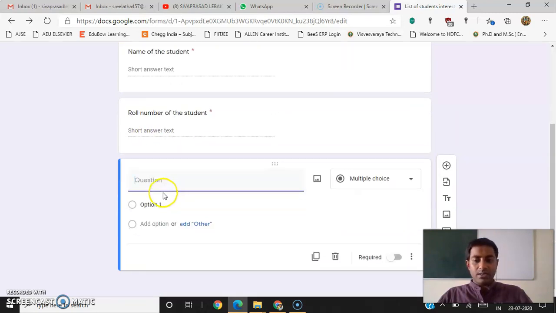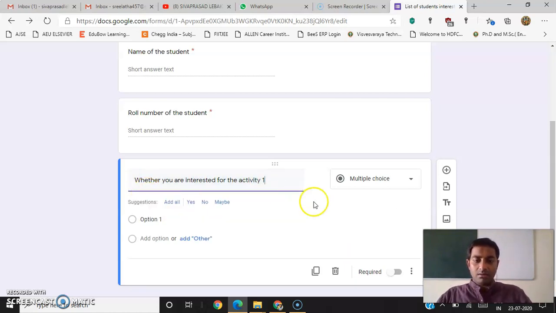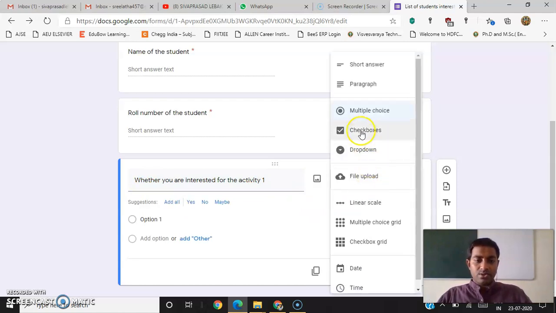And the next one: whether you are interested for the activity 1. This type of question you can make comfortable by using multiple choice, checkbox, or drop down.